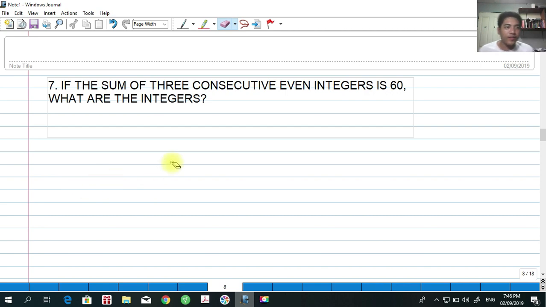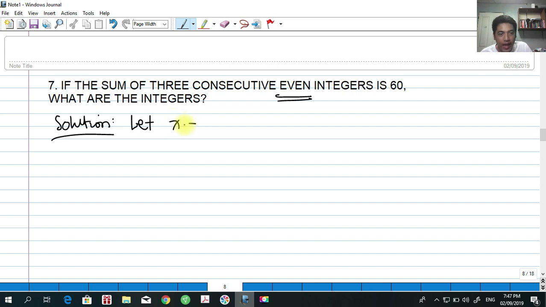So again, let's try another problem for number 7. If the sum of three consecutive even integers is 60, what are the integers? At first, this seems to be very familiar, consecutive integers. But now we have added the word even. The problem has added the word even. So, solution again, of course, if we have three consecutive even integers, we must let x be